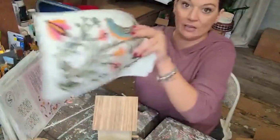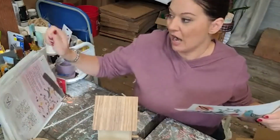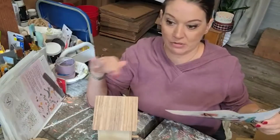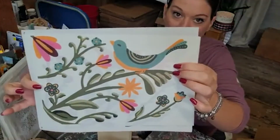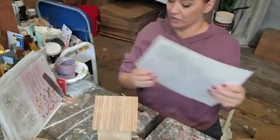I pulled this out at random, right? There's 8 sheets in here, so I just pulled it out completely random. You guys saw it, and look at the page I pulled out. It needs to be on the birdhouse, right? It was totally